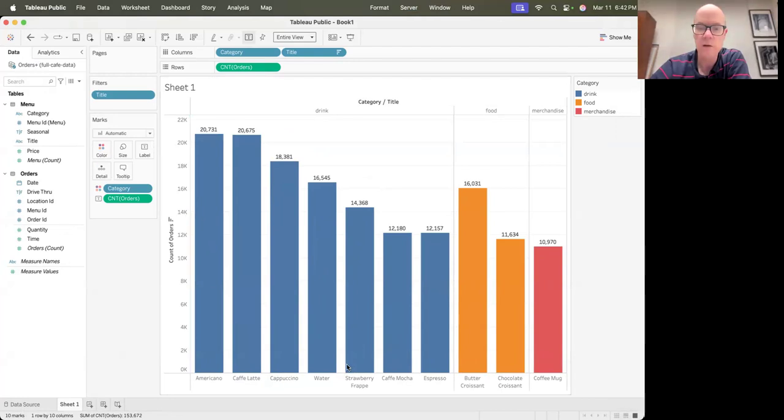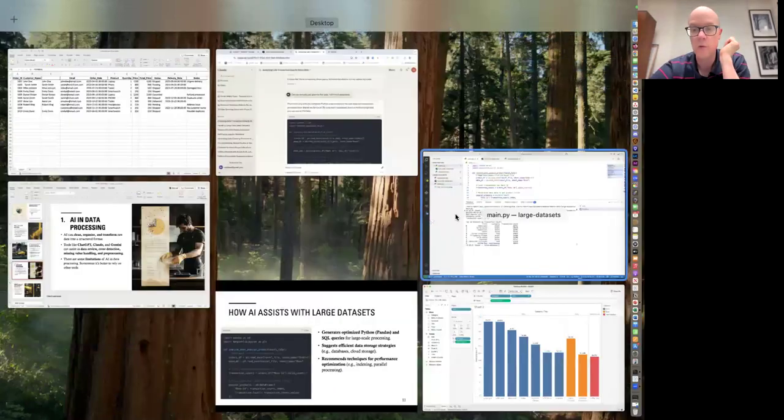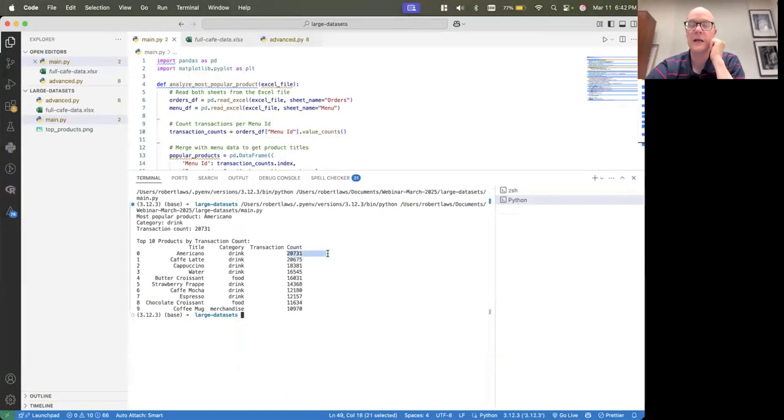I do this sometimes just to verify that what I'm getting from the output corresponds to what another tool is telling me. You can see Americano is category drink, and countable orders is 20,731, which does correspond to what we got here.